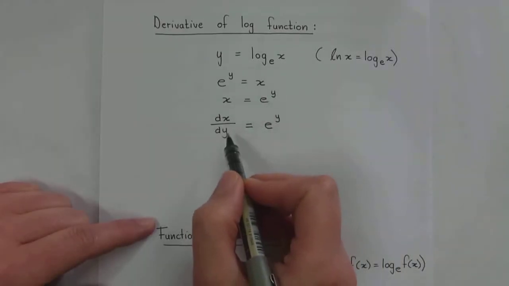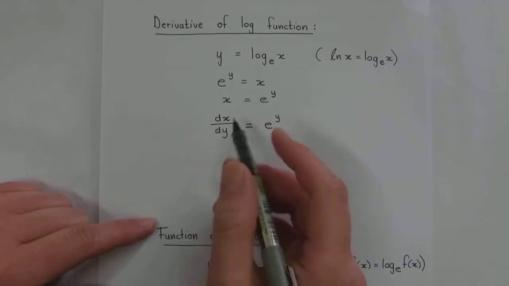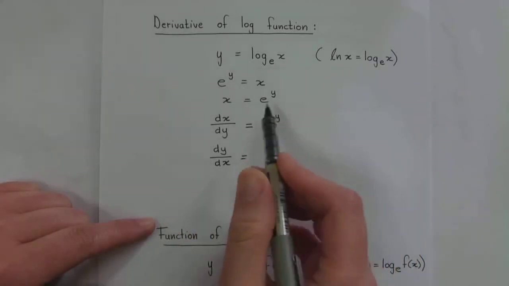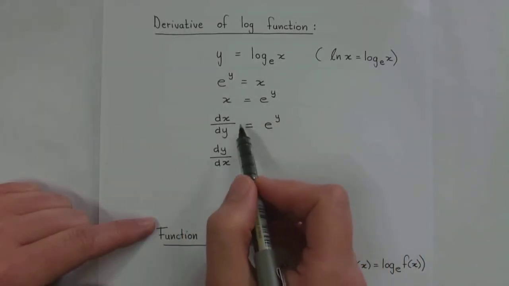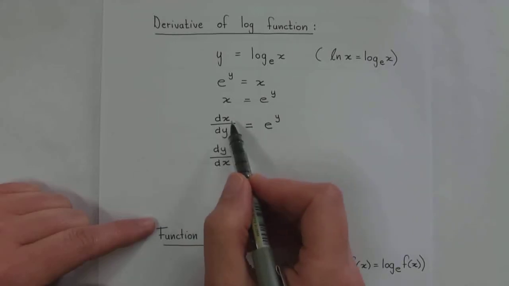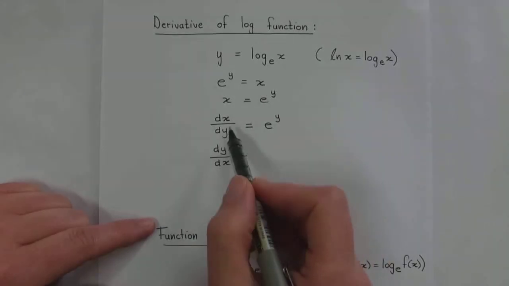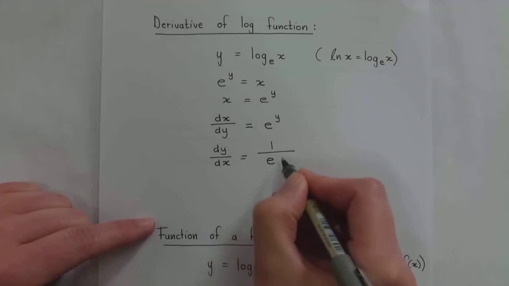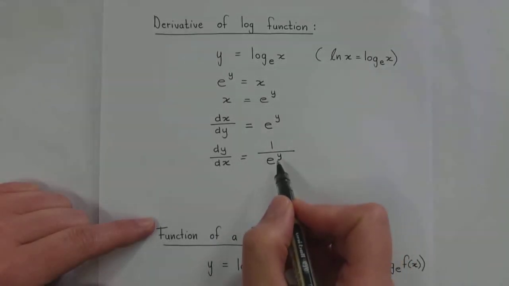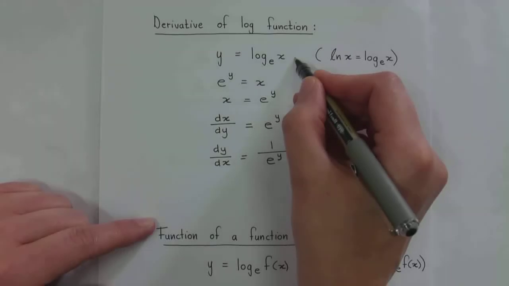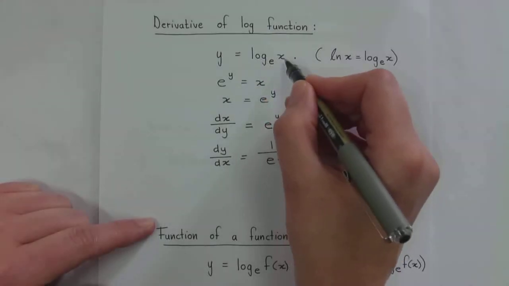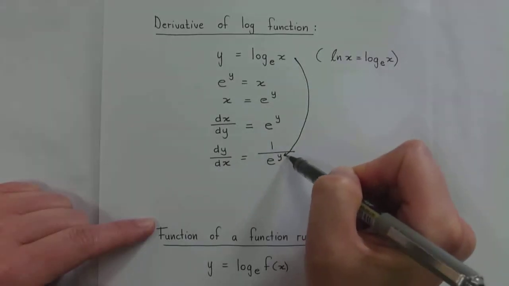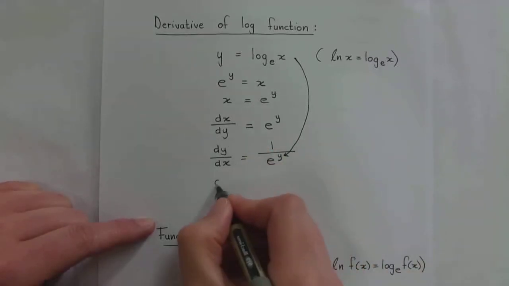Now, logically speaking, we do not want dx over dy. We want dy over dx. So I'm going to change that to its reciprocal. And because it's an equation, please guys remember, if I do something on the one side of an equation, I have to do the same thing on the other side. So because I have dy over dx there, I'm going to write 1 over e to the power of y over there. Now, please remember, people, we said up top over here, y is equal to log base e of x. So I can now make a substitution saying that y is equal to log base e of x. So dy over dx